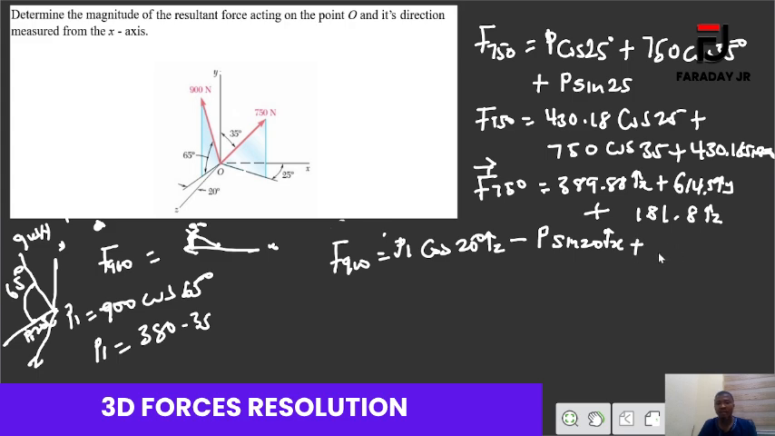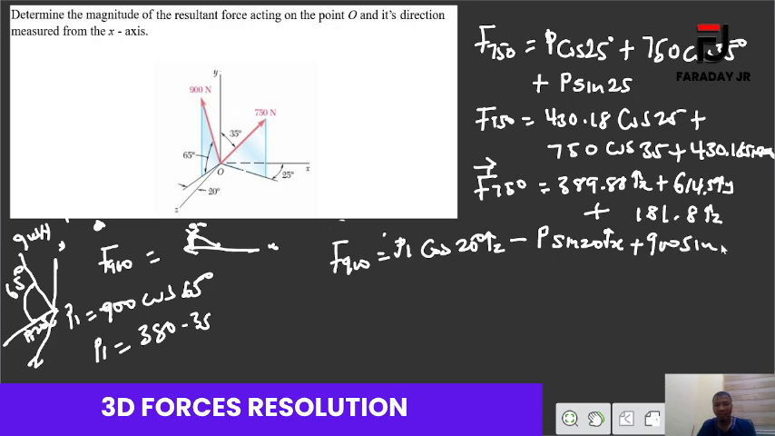Plus finally, the force 900 Newton going into the y plane will not be difficult, because we know it whenever we are resolving into this particular plane. So if we want to resolve it into the y plane, that will just give us 900